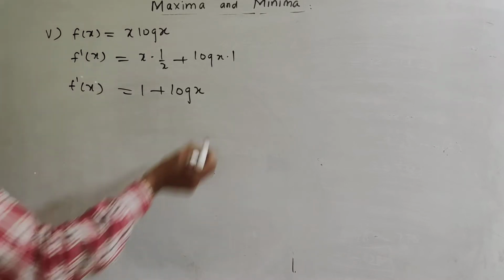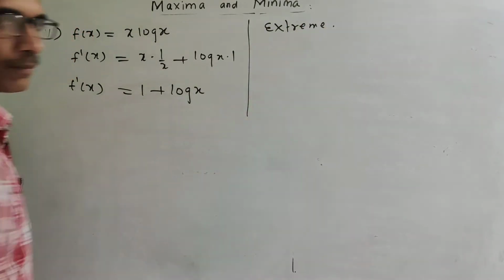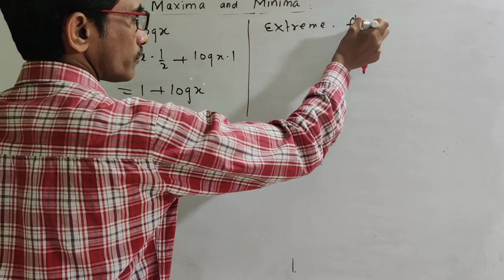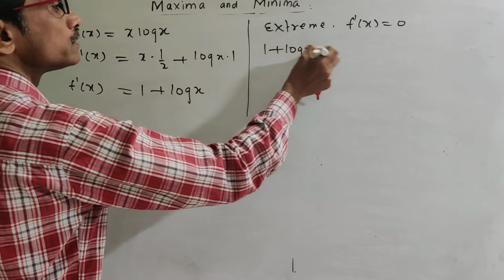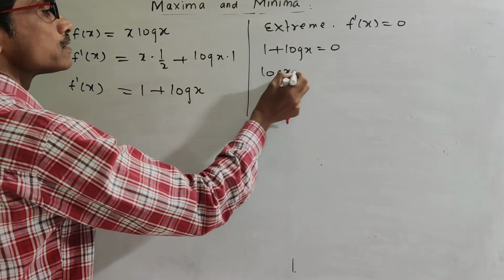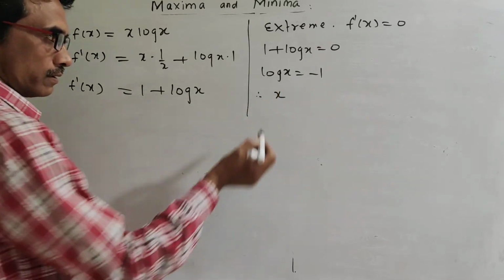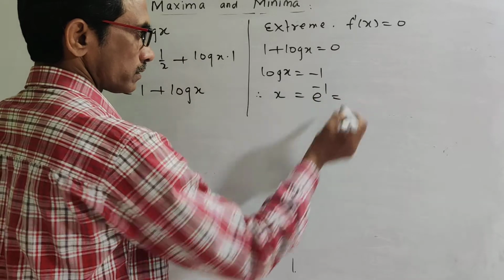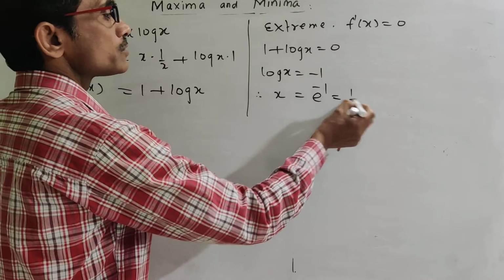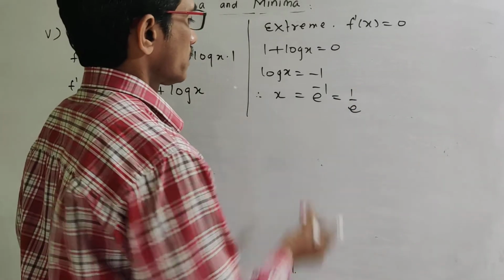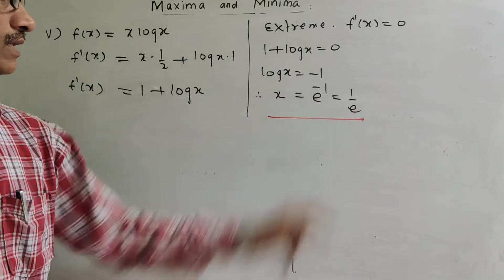Now for the extreme value, that is either minimum or maximum, the first order derivative f'(x) is 0, that is 1 plus log of x equals 0, so log of x equals minus 1. ये logarithmic form में है, exponential form में x will be equal to e raised to power minus 1. When log of x is y, then x is e raised to power y. So that is 1 upon e. So the value of x is 1 upon e. You are getting only one stationary point. एक ही stationary point मिल रहा है आपको.